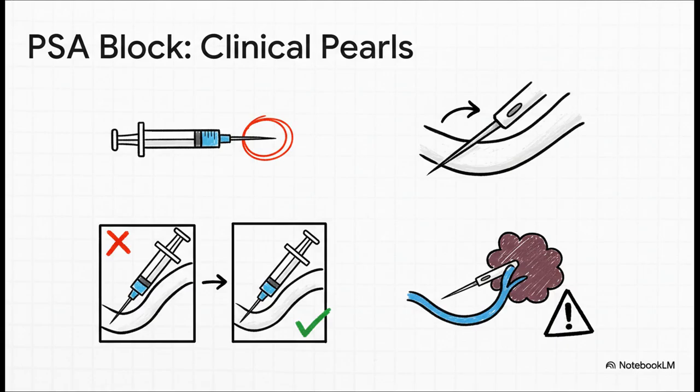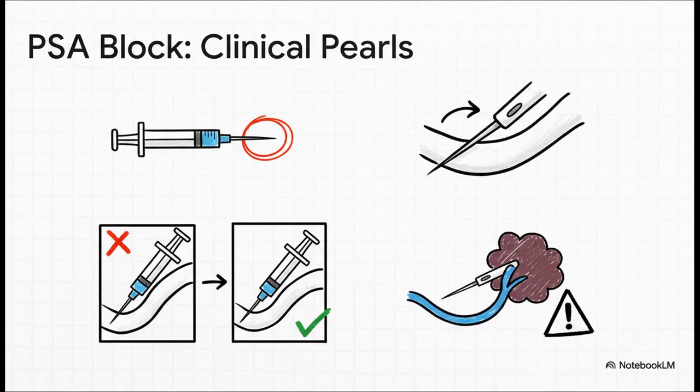Okay, let's lock in a few key pearls for the PSA. A 27-gauge short needle, that's perfect for this. Always keep the bevel of the needle oriented toward the bone. That'll help minimize any discomfort if you do happen to make contact. Now, if you hit bone too early, that's a sign your inward angle is just a little too sharp. And remember, the biggest risk with this block is a hematoma, which is exactly why a precise, gentle technique is